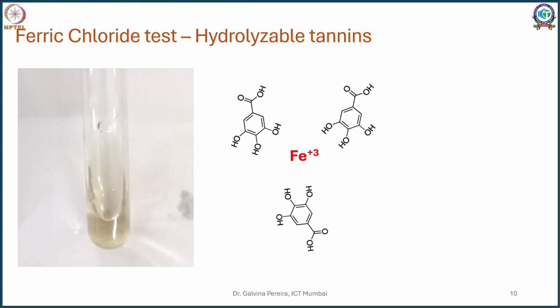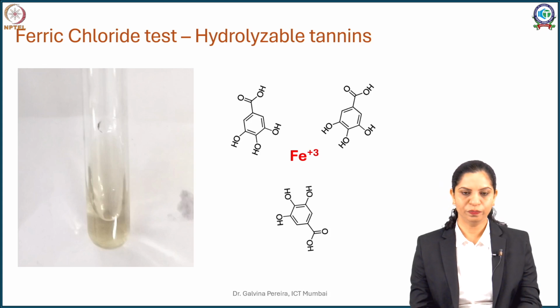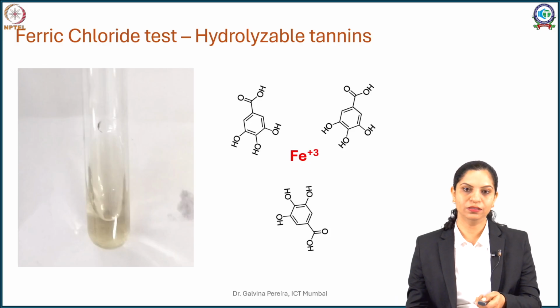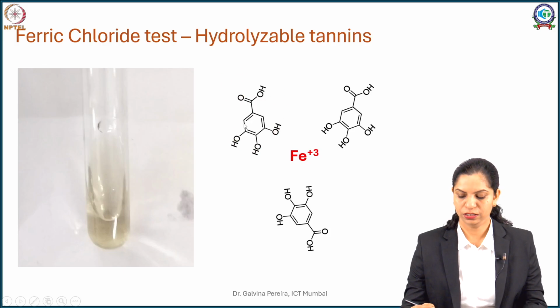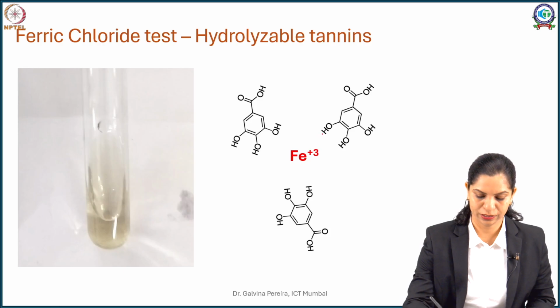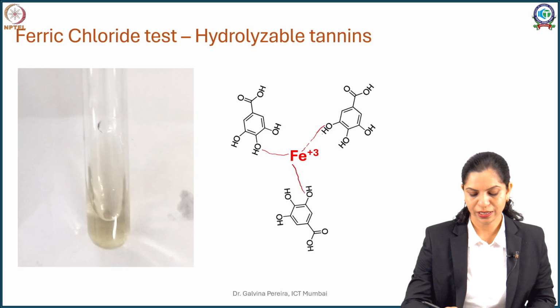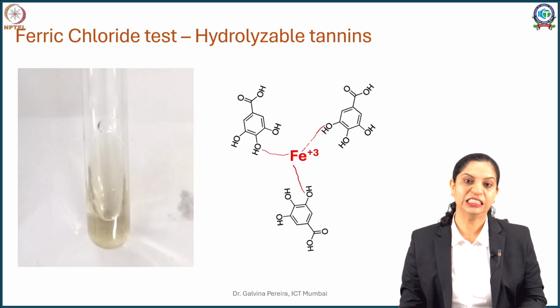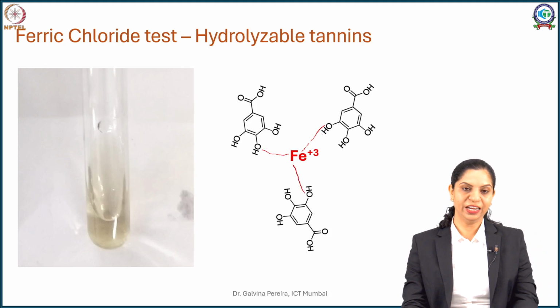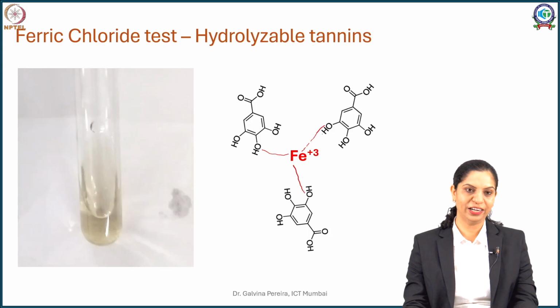So let's see what happens exactly out here. In this process, you can see gallic acid as an example of a hydrolyzable tannin or a gallotannin. Now this gallic acid reacts and forms a coordination complex. So you can see here, they form a coordination complex with iron, and this chelate gives you a typical coloration. So you can see how the process of addition happens.